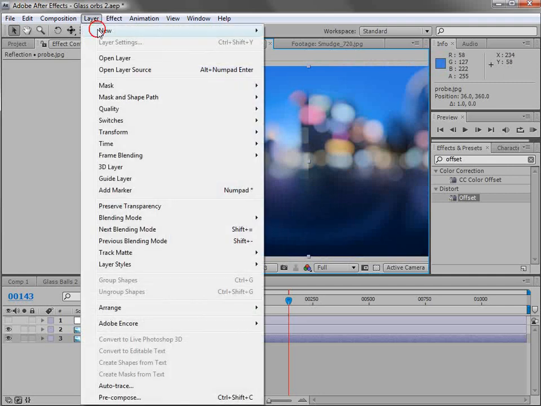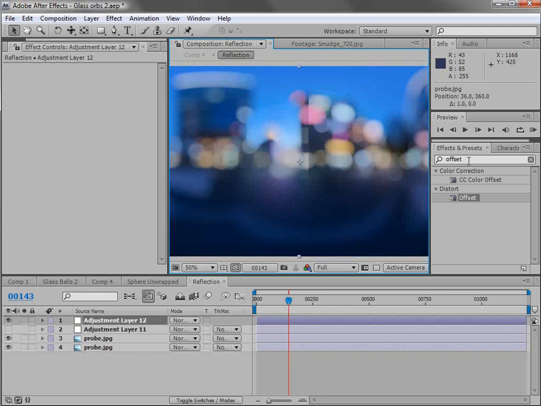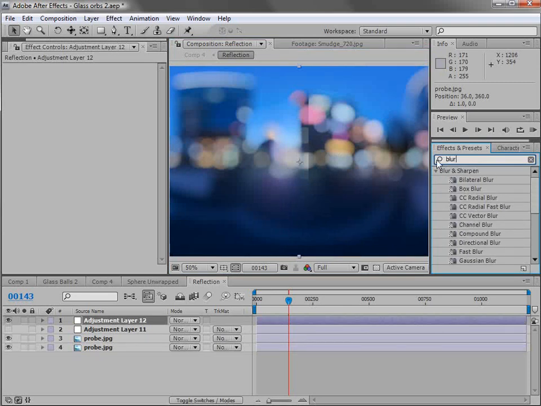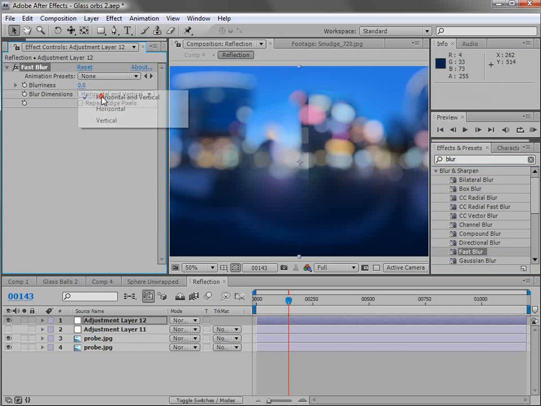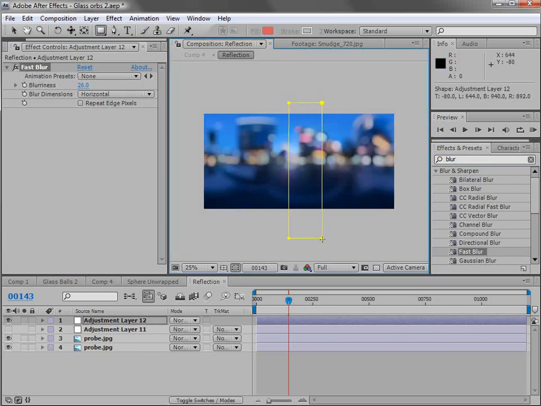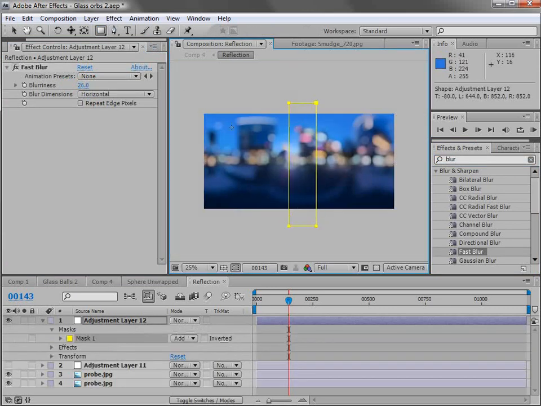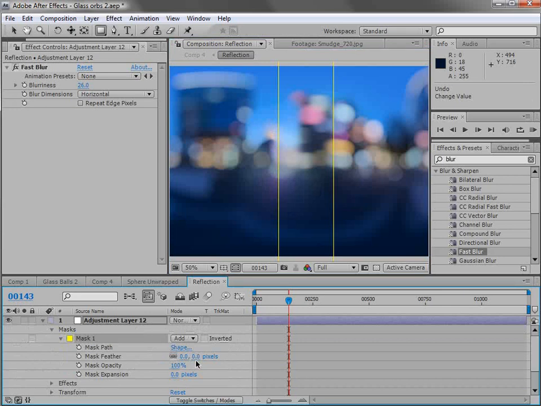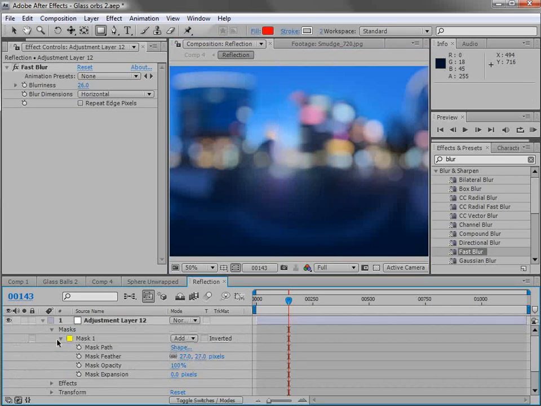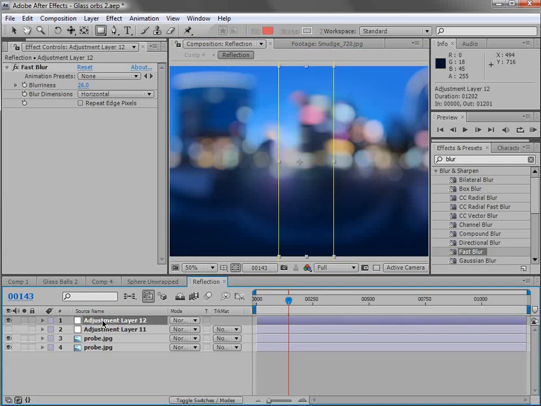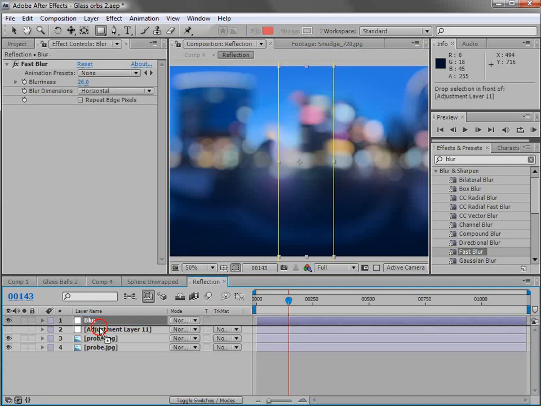So we'll create, I don't know, another adjustment layer. We'll add a blur, let's see, a fast blur, and we'll make it horizontal and just blur it out until that goes away. And then we'll mask off that area with a rectangle mask, and then we'll feather the mask so that it also blends properly. So then we'll put our blur below our offset,